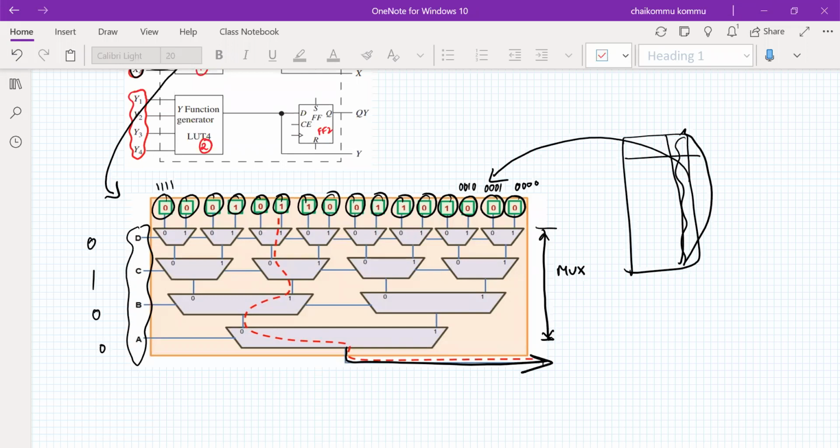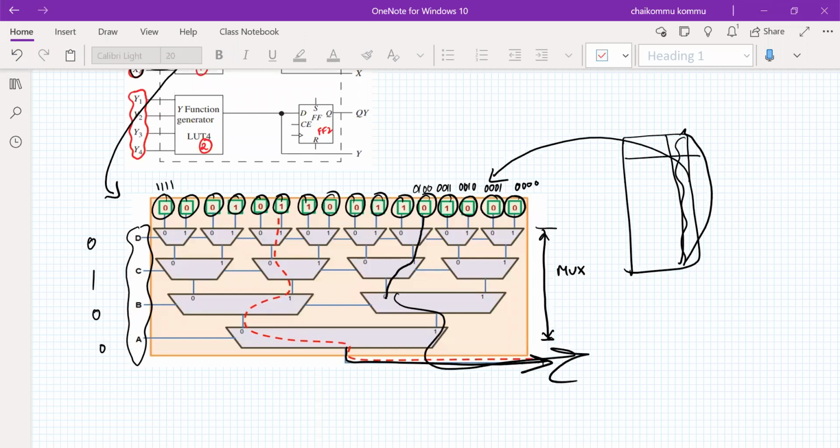So somewhere else, the output will be generated. I think this is 0, 0, 1, 1. Yeah, it is 0, 1, 0, 0. Yeah, this is the one, the fourth one, right? Not the fifth one, I think. So this will be generated as the output for this one, right?